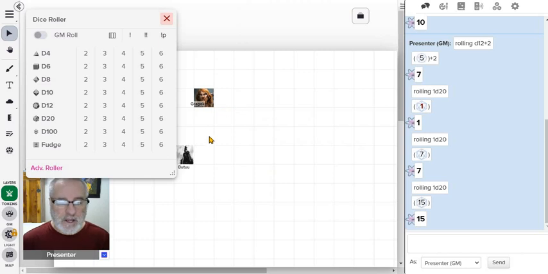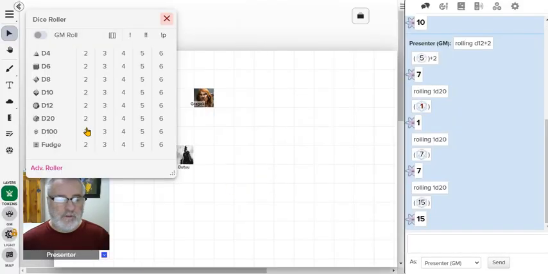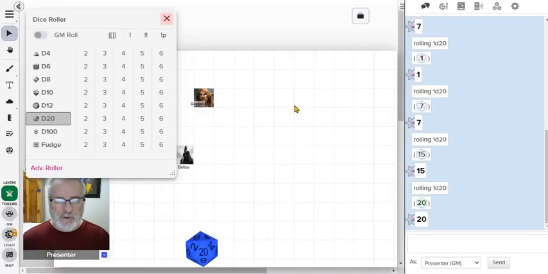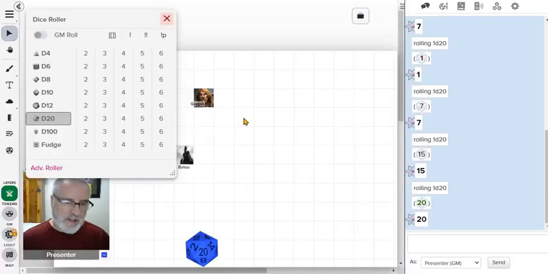So Butu has failed his save. Let's do Gragok. What is Gragok's Con? Gragok's Con is 12. So she has succeeded. Remember, 20 is an automatic failure no matter what. 1 is always a success. Gragok has failed. So two of the heroes are frozen in fear, and the mooks, remember, are automatically at the